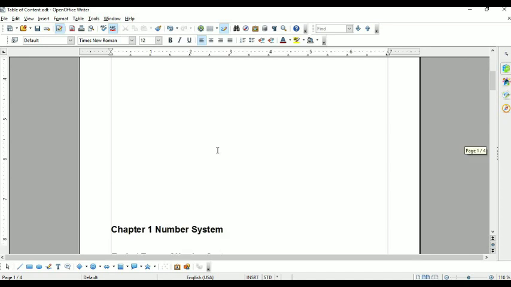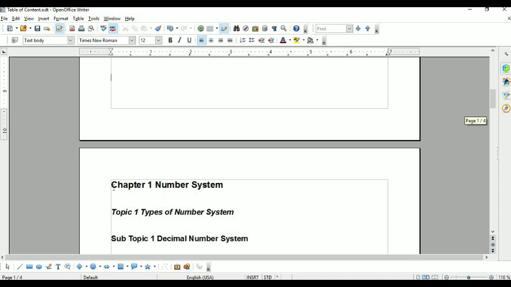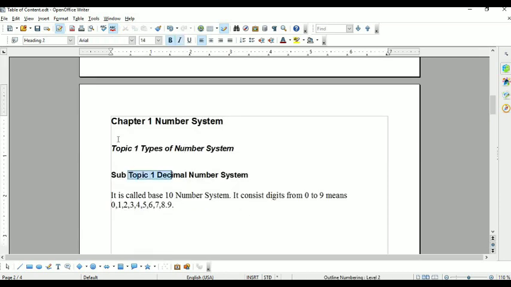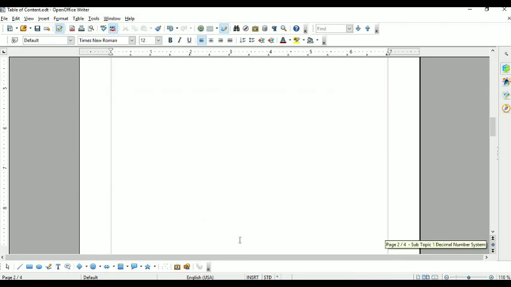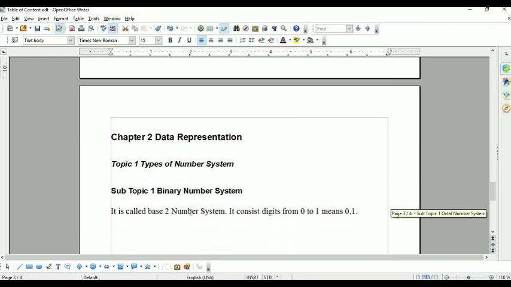I have created 3 pages like this. First is the main heading, then subheading, then sub-subheading, like chapter name, then topic name, then subtopic name. Means there are 3 levels and then the matter. Only 2 lines I have written here. Similarly, in the next page I have written main heading, subheading, and then its subheading like this. Clear? Then definition. Similarly, the third page. Here I want to create table of content.